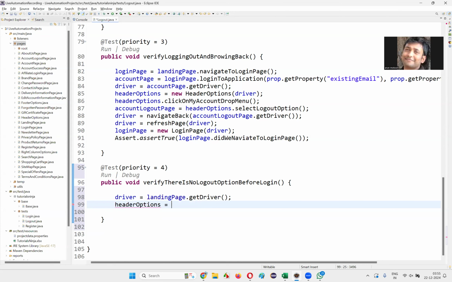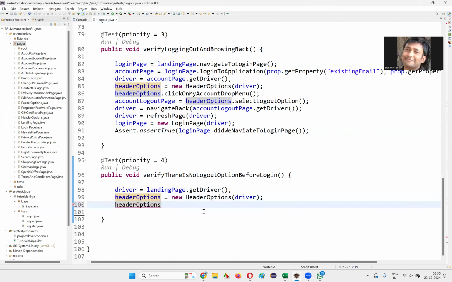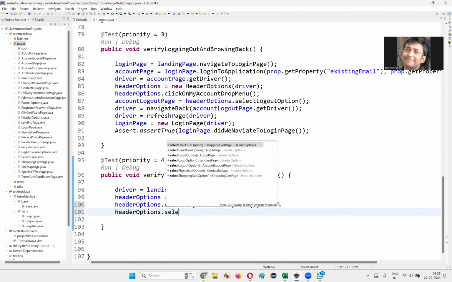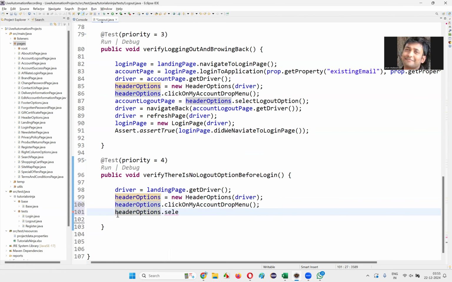Header options page class is called new header options, and then pass the driver here, put a semicolon here. Okay, once I do that, the next thing here is header options dot click on my account drop menu, and then I have to write down header options dot select header option. Here I need to verify whether that logout option is not available